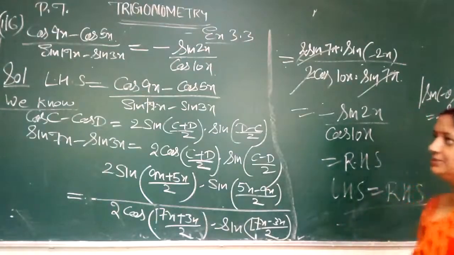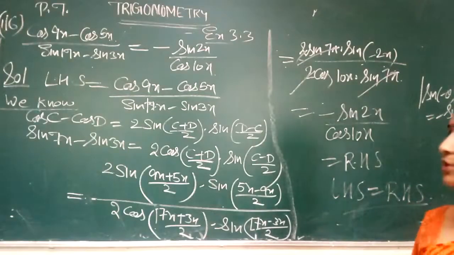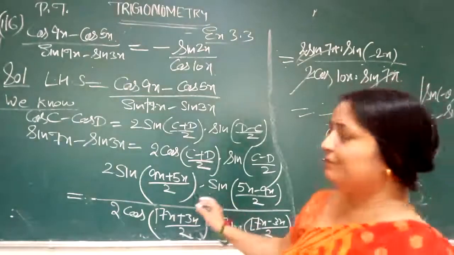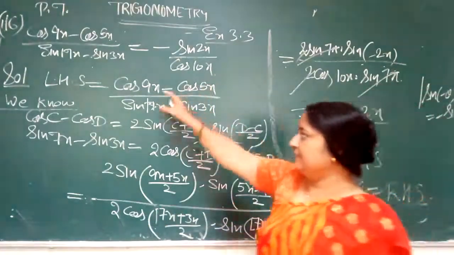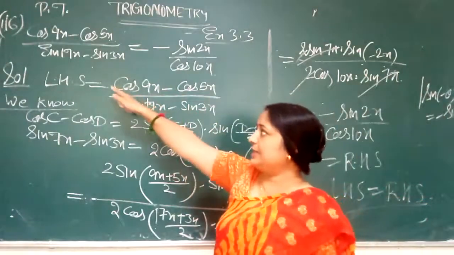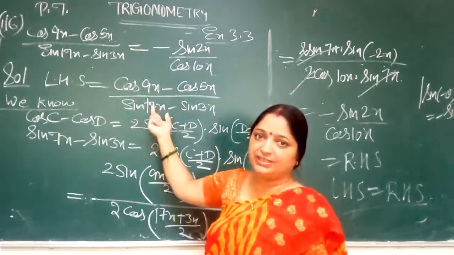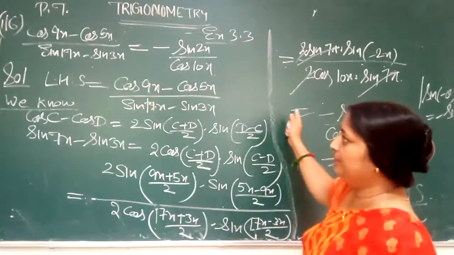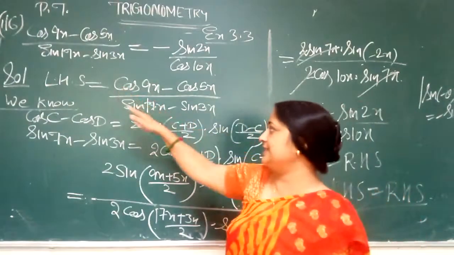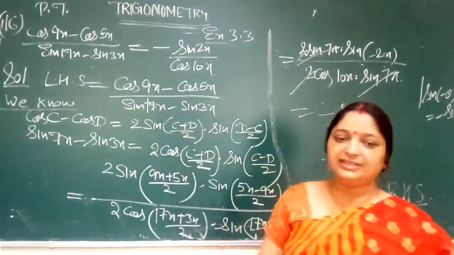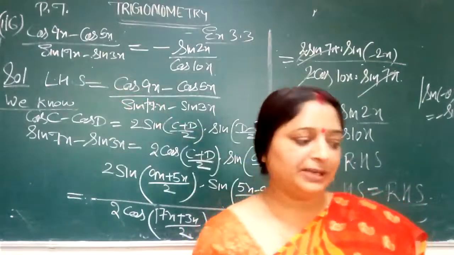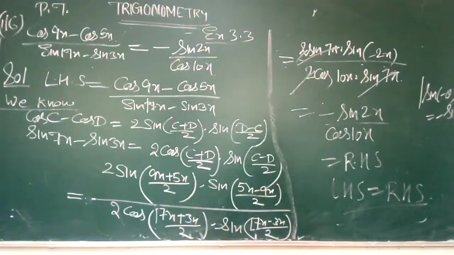So this is the solution of question number 16. Students, you can learn from this: write the question carefully. If you write 7 in the place of 17, that will create a problem. Here 17x was there, so write 17x, and all the formulas and method are the same. But whenever you write the question, write it carefully. You can learn from this.